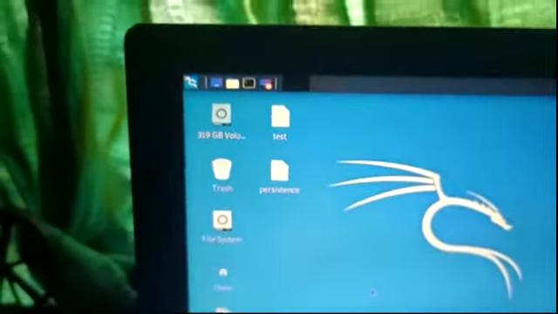As you can see, I have created a file named persistence, and I already had 2 files. I tested it 2 times. Once I gave any name, and next is test. So yeah, now as you can see, the Kali